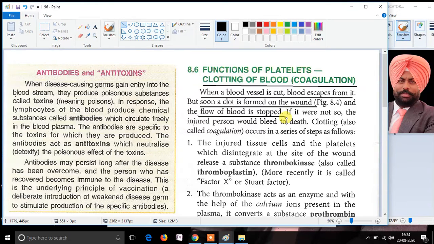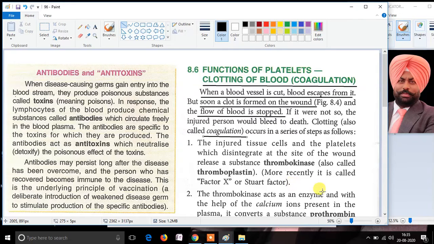Otherwise, the blood would have flown out to a great extent and there could be a shortage of blood in the human body, and it would be difficult for a person to survive without blood. Therefore, to stop the flowing of the blood, blood has the capability to clot itself, that means coagulate itself. So the second word is coagulation. In this topic, we are going to discuss how the blood clots, or what is the procedure which helps in the clotting of the blood from the injured part.